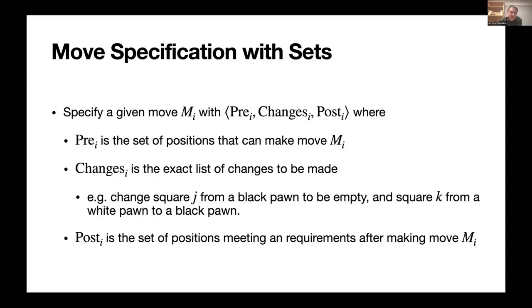And then for the changes, this can be rather broad, but the definition that we're working with is very specific in that for any position on the board, if we're thinking about a board, any square that changes, the change includes both the value before and the value after. And while this is very specific and blows up our number of moves, it will interact nicely with the compression that we use.